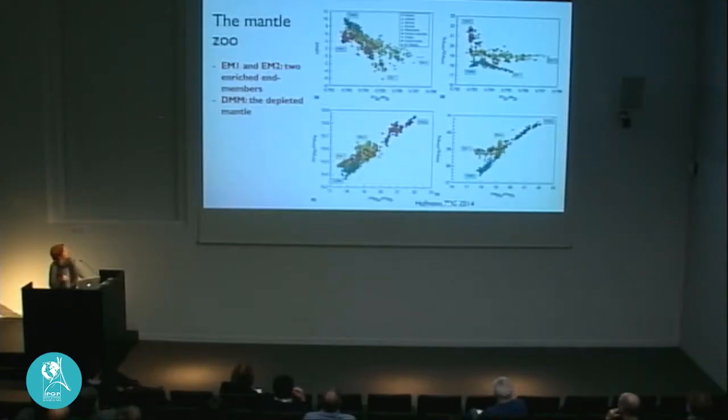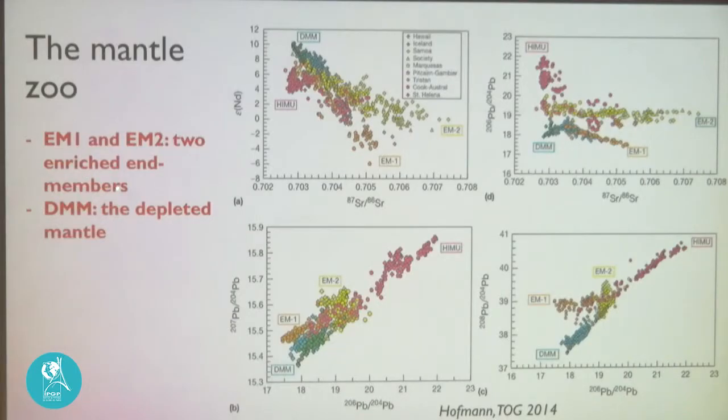So I'm going to focus only on the ocean island basalt compilation done here by Al Hofmann, where there are various types, and I will not discuss all of that. I just want to talk about the end members that are enriched, where we think we could see some signs of recycled continental material, and these are the orange and the yellow dots here, EM2 type and EM1 type, that you can see in the various figures.